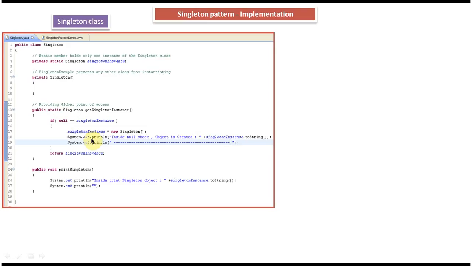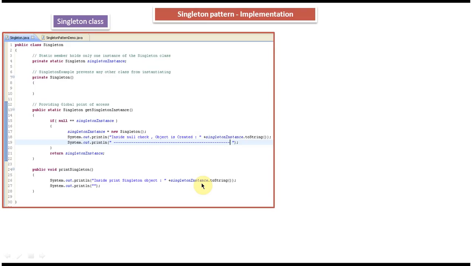For subsequent calls, it won't create the instance; it will return the instance which was created the first time and is stored in the static member. So it makes sure the instance is created only one time. And here you can see another method, printSingleton, where we are just printing the singleton object. So this is how we can create the singleton class.